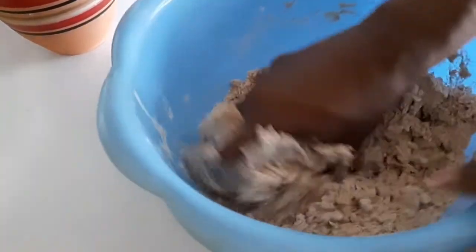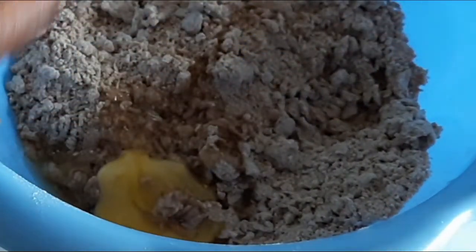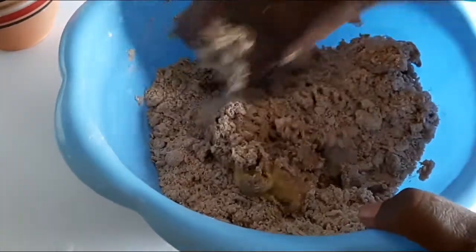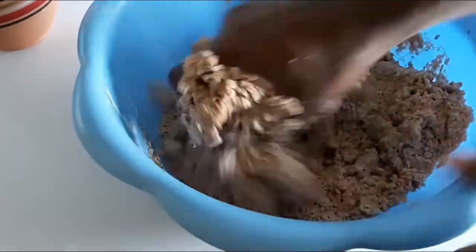I'm still going to add one more egg to this. You might ask, why don't I just add everything together at once? So here goes the egg. The reason why I didn't add everything together at once is this is homemade wheat flour. And if you are using store-bought wheat flour,